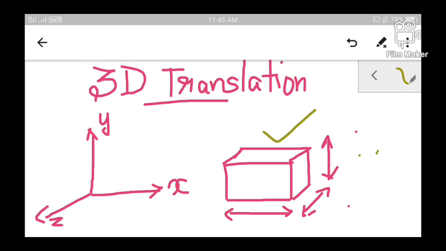In every 3D object, there are 3 dimensions. Consider that this is a 3D object. Let us examine what the 3 dimensions of this object are. First, I am going to talk about this particular dimension. This represents typically the length of the object. So we require one dimension to represent the length, and the dimension used to represent the length is typically represented by the axis x. This is the horizontal axis which represents the length of the object.